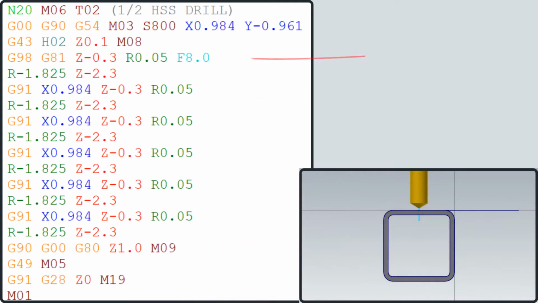For example, when the top of this 1/8 walled pipe is drilled, the R will be 50 thou and the Z will be -.300, which will have the top wall of the pipe drilled. Then on the next line of code, the new R of -1.825 and the new Z of -2.3 will be programmed. Since no new X and Y location is given, the machine will repeat the drilling cycle at its current